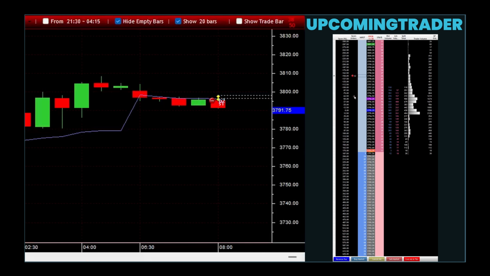Real instances of long lower shadows can be observed in different market conditions. In a downtrend, a long lower shadow might signal a potential reversal, encouraging investors to consider bullish positions. For example, if a stock has been declining for several days and then forms a candle with a long lower shadow, it might indicate that sellers are losing control and buyers are starting to dominate, potentially leading to a trend